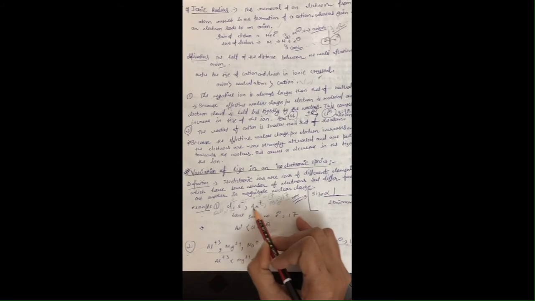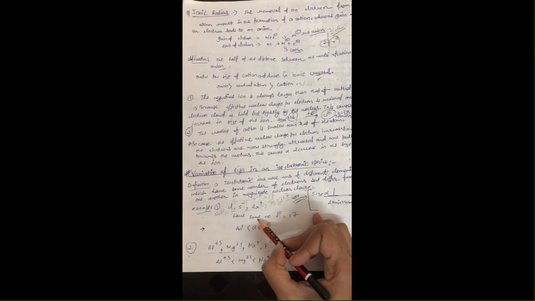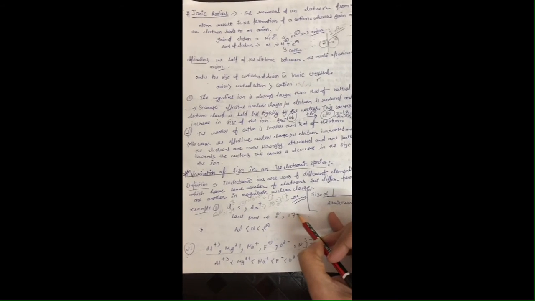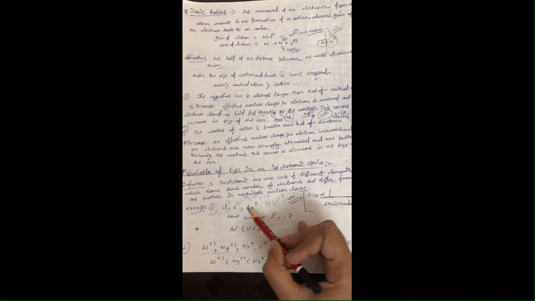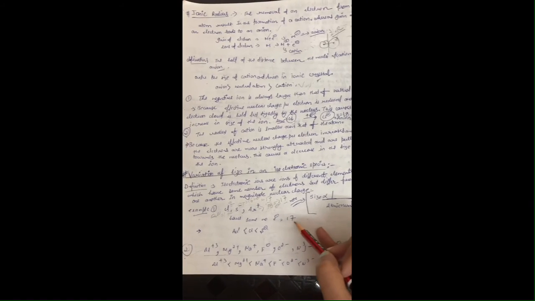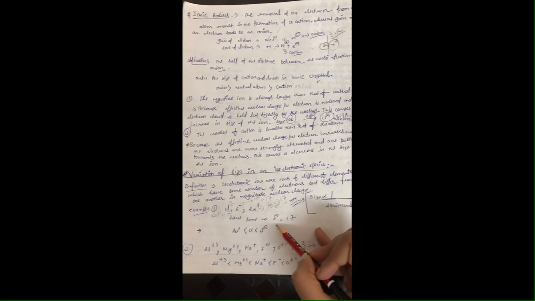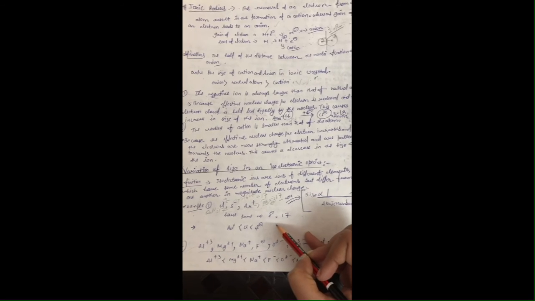So now all these species behave as isoelectronic because they all have the same number of electrons, that is 17. And if I have to talk about the order of size for these types of ions, how can I answer it, or how can I make the order for the size of the isoelectronic species? So note, the size of isoelectronic species is inversely proportional to its atomic number, meaning the more the atomic number, the lesser its size.